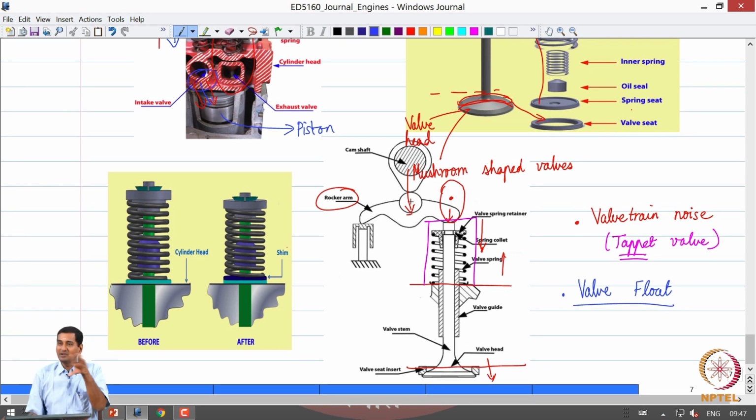Okay. So all these tools have led to the reduction in valve float, but in a spring return valve you can never completely eliminate valve float. Okay. So that is a limitation. Then if you want to completely eliminate valve float, what is it that we can do?